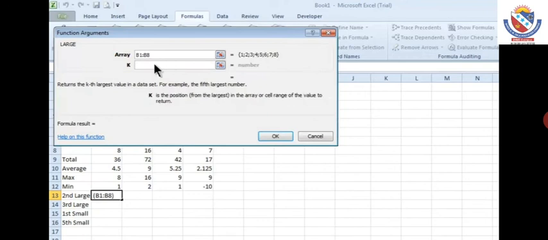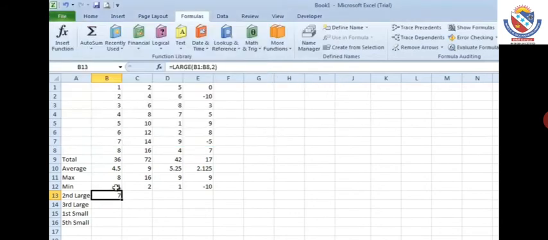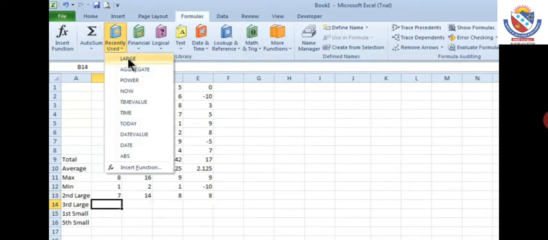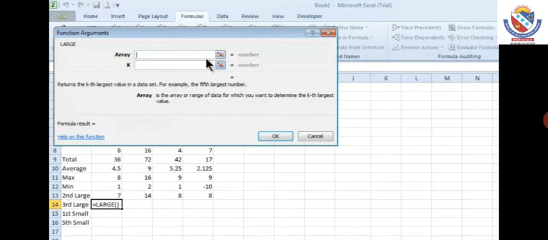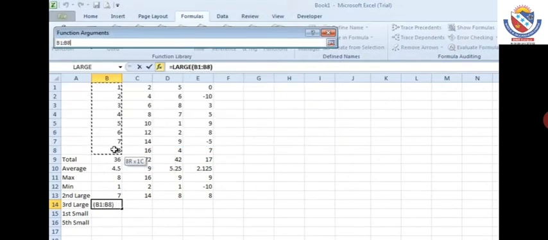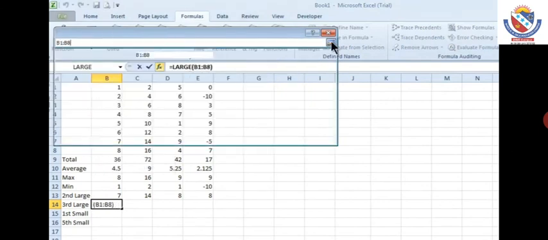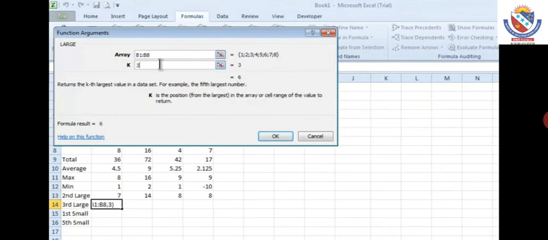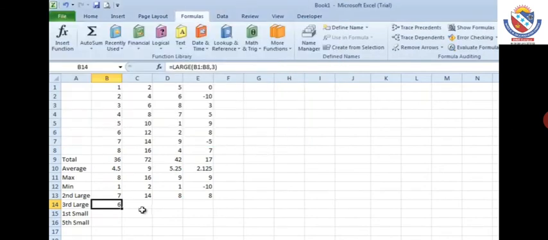Then for second largest you have to write the number, so you write second. Press enter. For B1 to B8, 8 is the first largest number and 7 is the second largest number. Same way, you can perform the second largest function on all the columns.